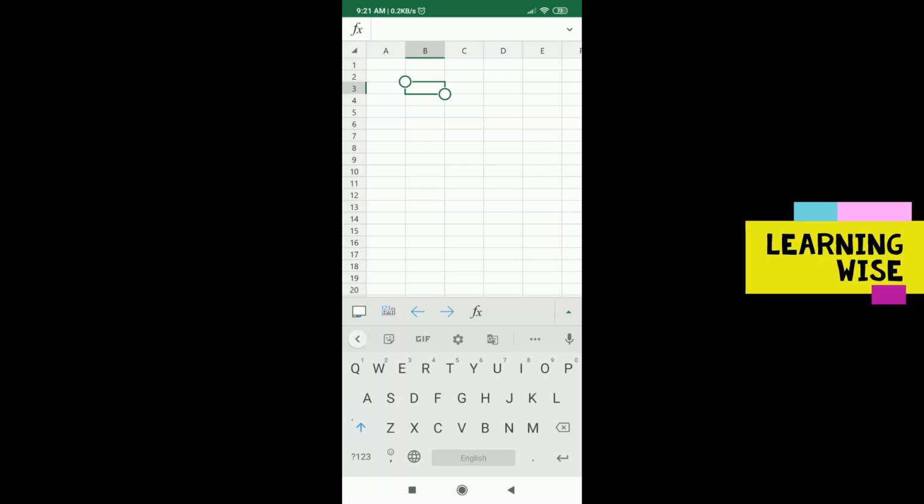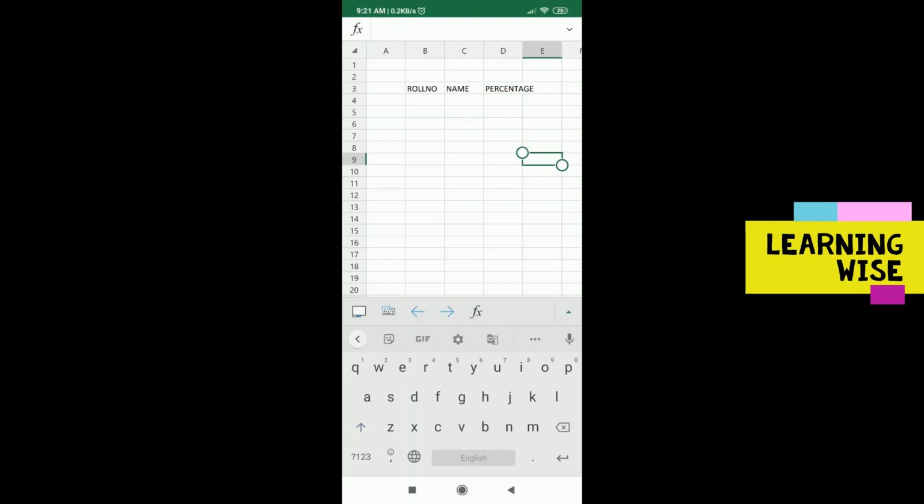So here we go. I'm using a small student table here. First is the roll number, then I'm writing name, and then let's say percentage.